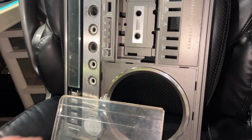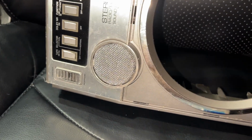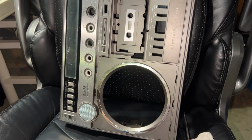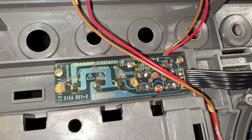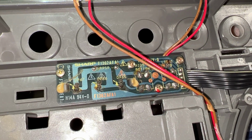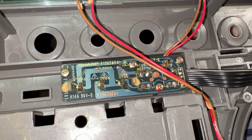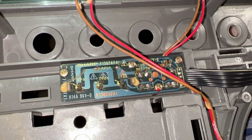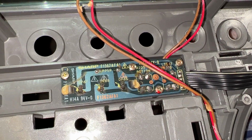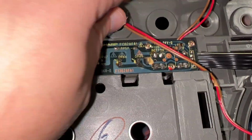There was a dent in this tweeter grill here. I was able to push it back out. You can't even tell now. So yeah, it's actually going quite well. So this little board I'm putting back in here is, as GE's terminology, the music location system. Sharp calls theirs the APSS system. My thing that's bizarre is